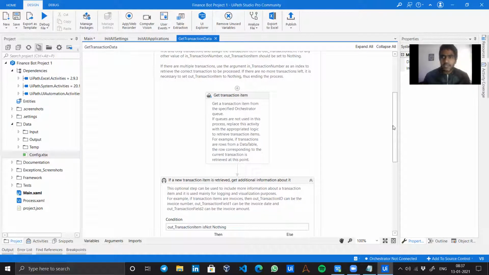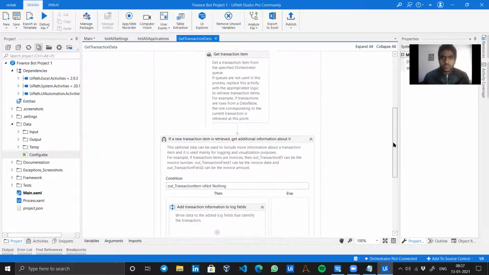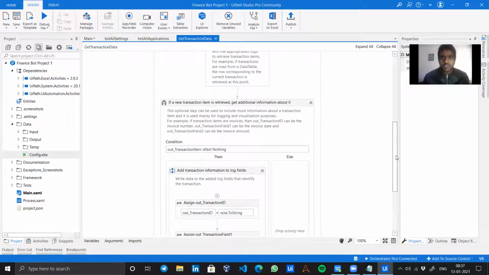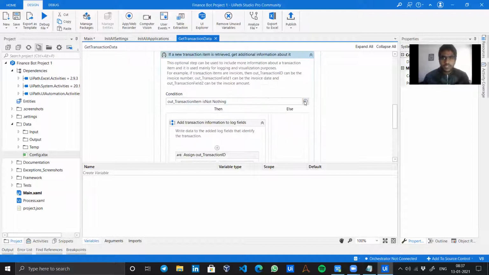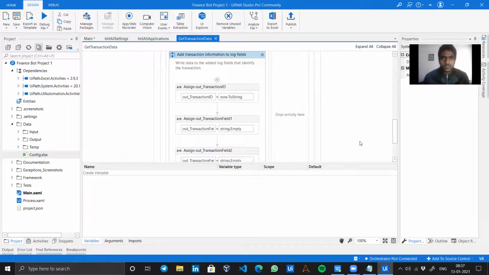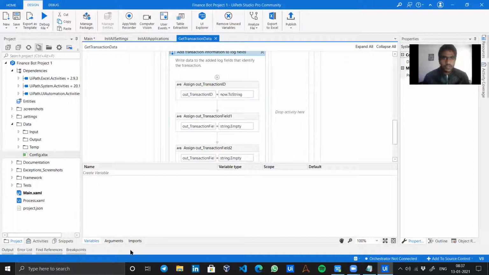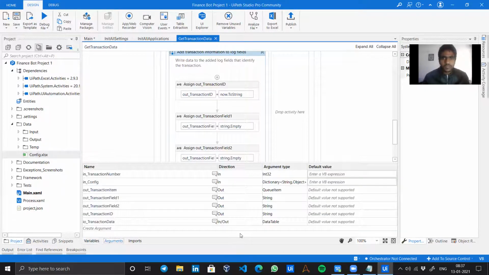But we are using Excel on the local system, so we have to convert it in such a way that it works with that. First, let's go to the variables panel and see where the values are. Okay, it's using arguments only. Cool. In the arguments, we have another queue item over here, out transaction item, so I will just convert it to data row.